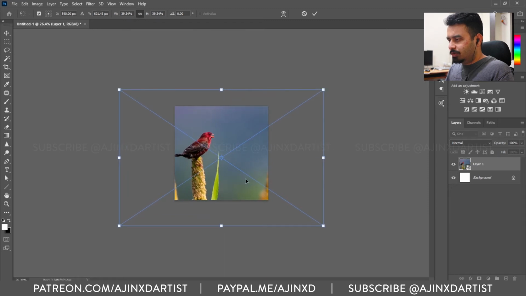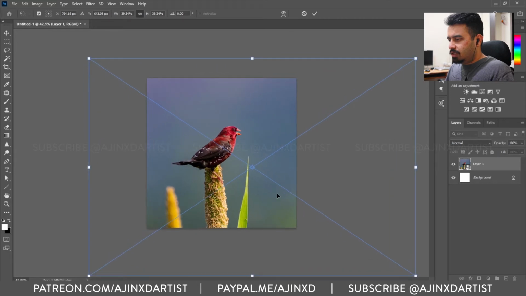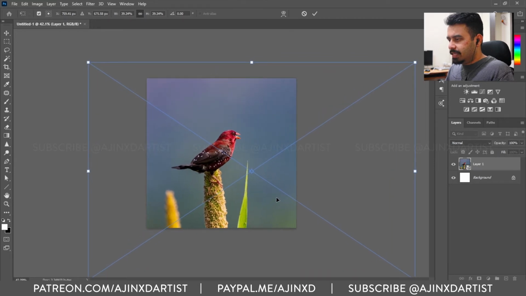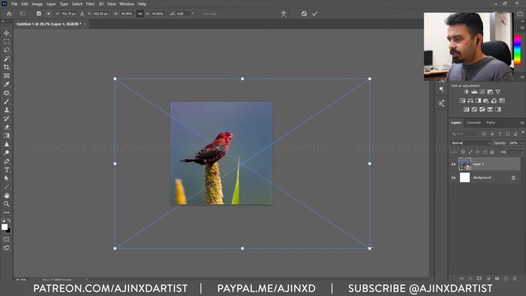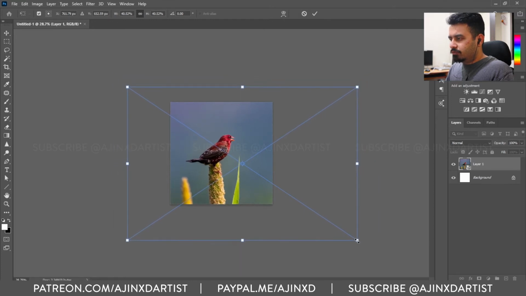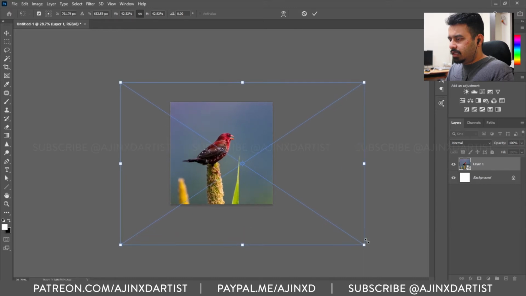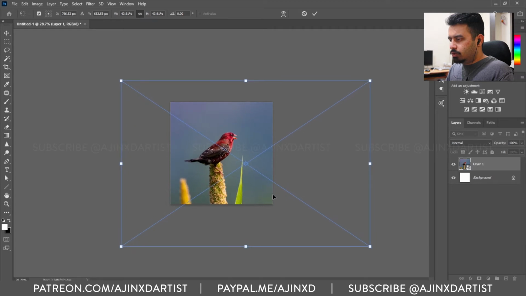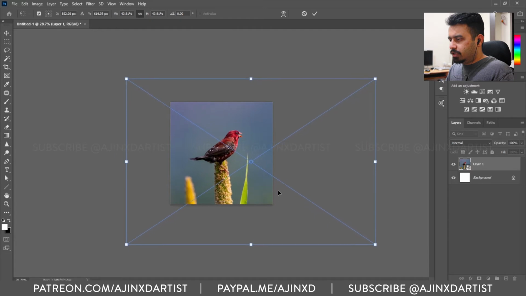I don't want the corn and the grass to be visible so much. We'll have something very clean and clear, and we can scale it up because as the frame size is just 1080p, we don't have to fit the exact size. We can scale up or scale down as per our liking. So I think this looks good. Nicely isolated bird in the center of the frame, maybe.